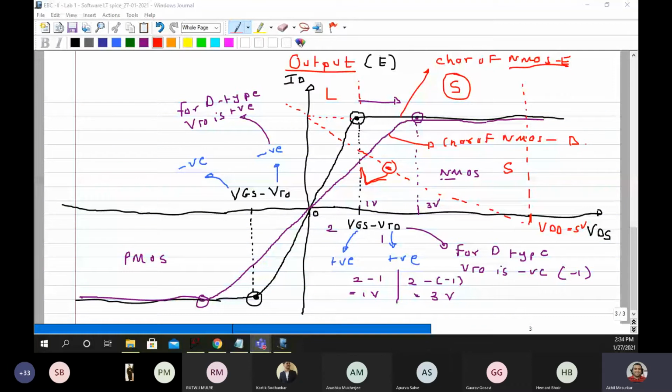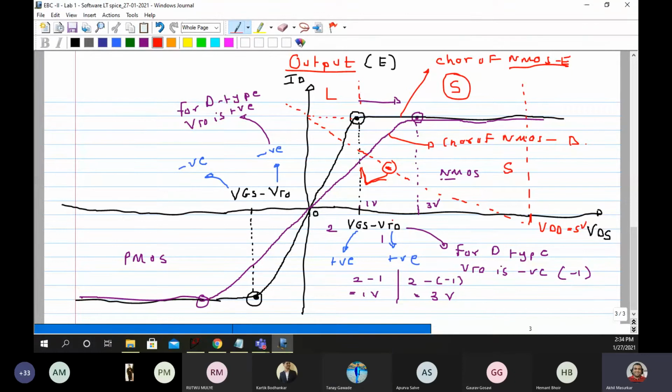Yes, go on. Sir, actually, the NMOS part from the first quadrant was a bit confusing. In the input characteristics or the output characteristics? It's the output characteristic. So you understood the black line part, na? Yes, sir. Okay. So I will explain the depletion part again.